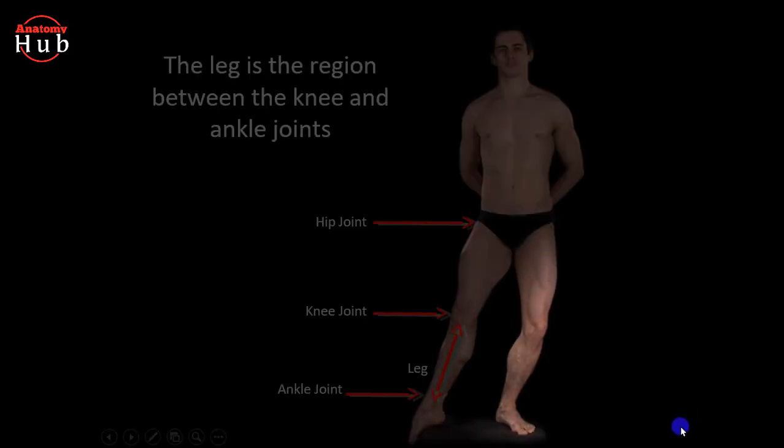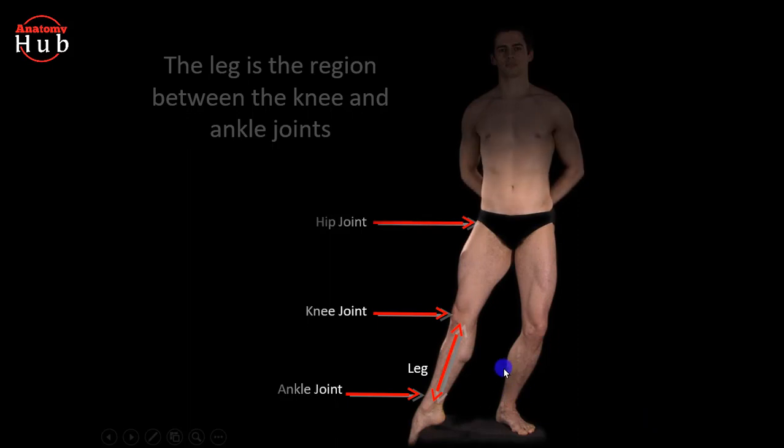Today we will discuss the osteology of the fibula. So in this video we will discuss the anatomy of the fibula. The fibula is a slender, cylindrical leg bone that is located on the posterior portion of the limb. It is found next to another long bone known as your tibia.